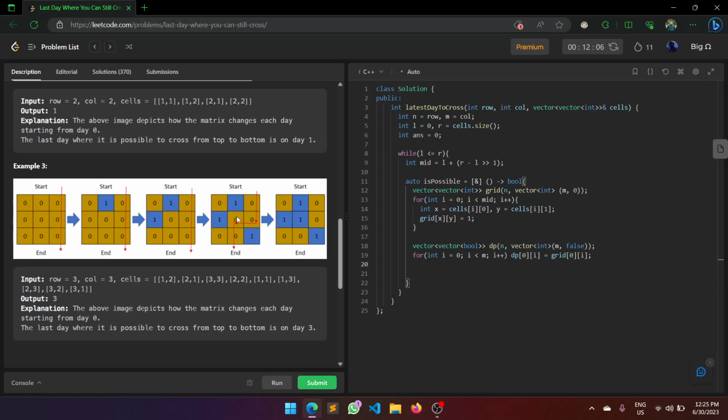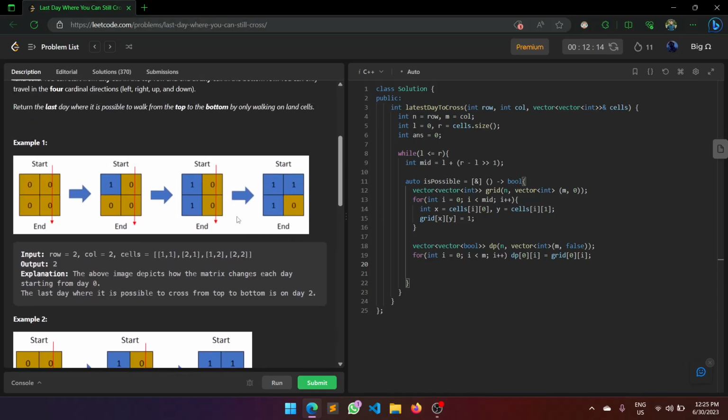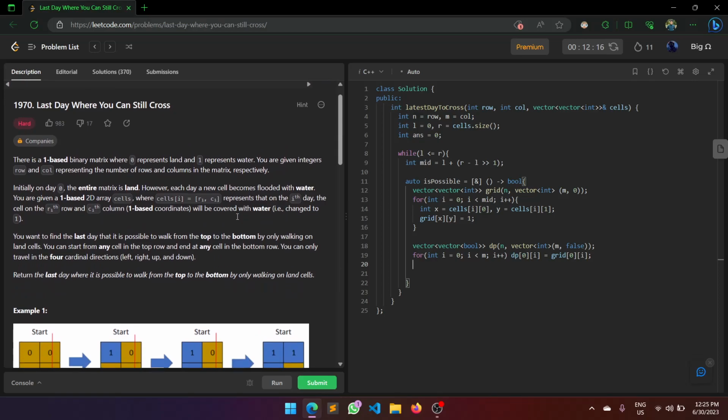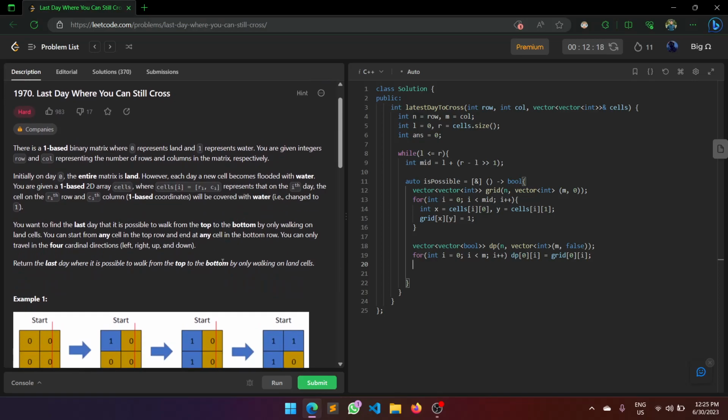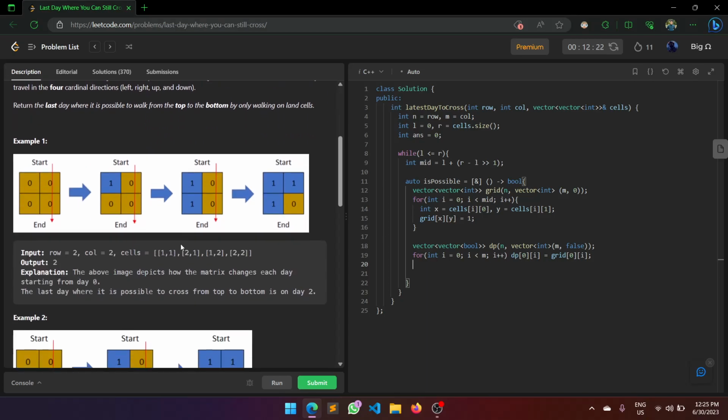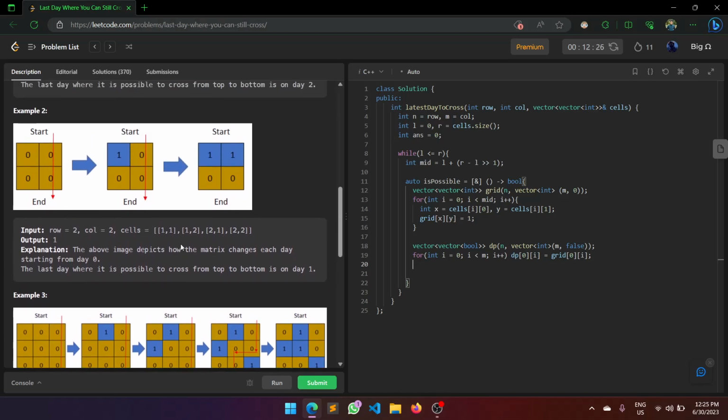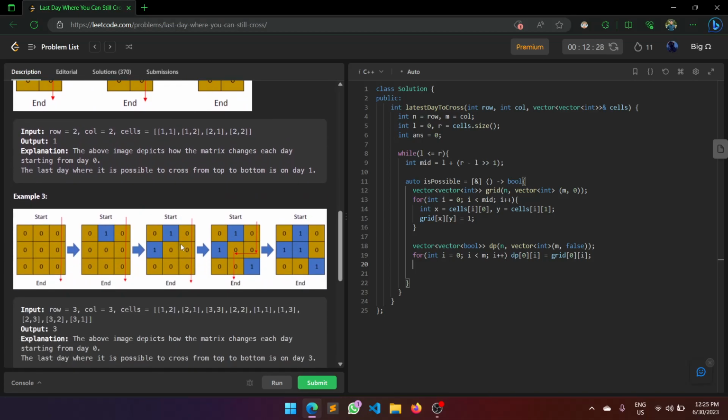We don't necessarily have to go directly below. Usually, when we are given that we can move in all four directions, in that case DP is usually not possible. So I'm sticking to that, and